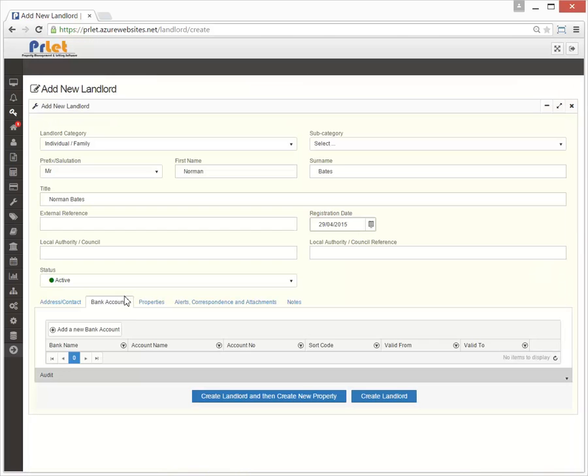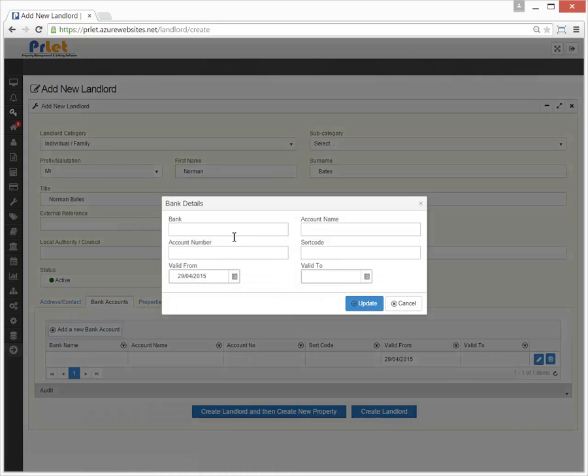Right. Now let's move to the bank accounts. Now these are the bank accounts where payments will be made when a tenancy agreement has been defined. So let's just add a bank account. We can define the validity period, the from and to. So if we have multiple bank accounts,